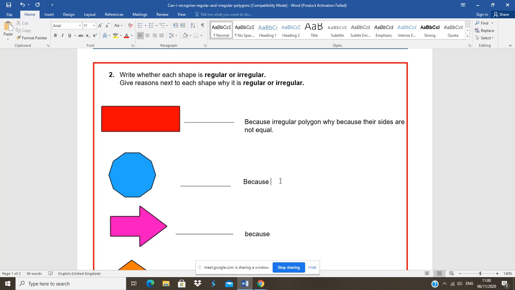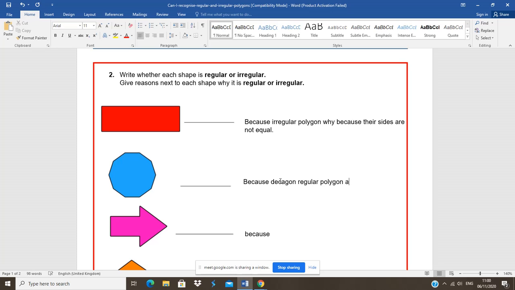Because it has all the sides equal. Yes, all the sides equal. How do you call this figure? Decagon. It's a decagon, yes, exactly. So this is a decagon. This is a regular polygon,